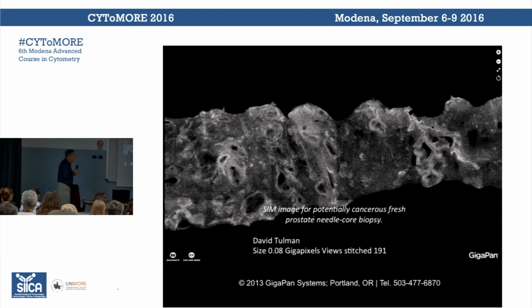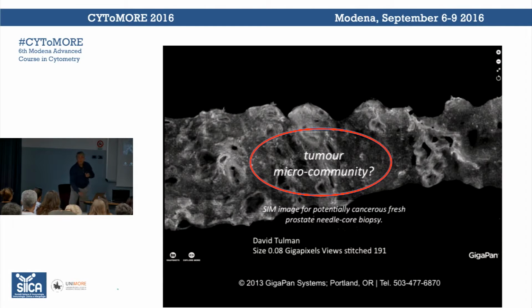So this is a stitched together image, actually quite high resolution, although it's not obvious from this, because you can zoom into that image, using a gigapan imaging system, of a prostate cancer, supposedly, needle core biopsy. And what you see is the variation of tissues around the stromal elements. I thought it would be useful for us to look at those tumor microenvironments, those tumor microcommunities, and what some of the biophysical and cell surface properties and behavioral properties are that make life in those microcommunities a real